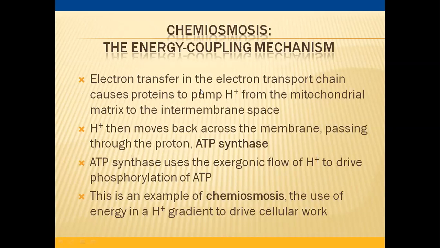When this electron transfer is taking place, that energy pumps the hydrogen ions from the mitochondrial matrix to the outer chamber, or intermembrane space. Later, hydrogen ions will accumulate in high quantities in the outer chamber. When their concentration is increased in the outer chamber, what happens? Across the concentration gradient, these hydrogen ions will flow into the mitochondrial matrix again, and this flow will be through the ATP synthase. So the ATP synthase molecule allows the hydrogen ions to flow from the intermembrane space, or outer chamber, to the matrix. When these protons flow from the outer chamber to the inner chamber, energy is released, and that released energy